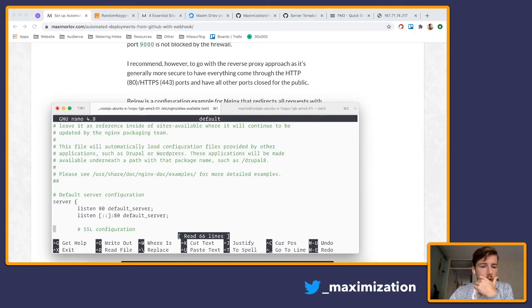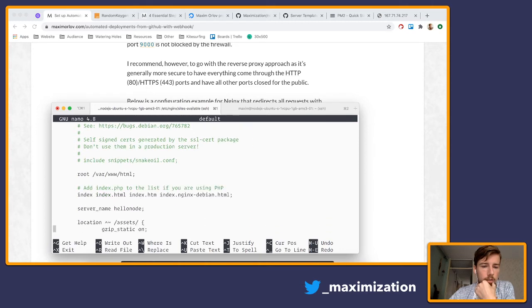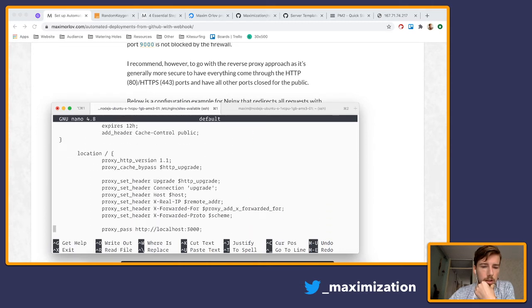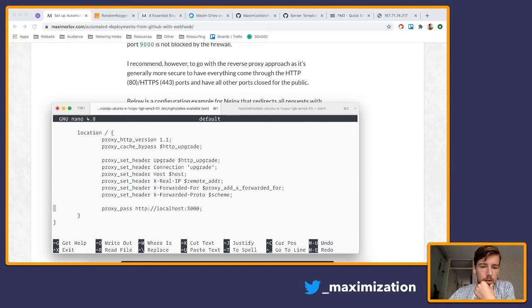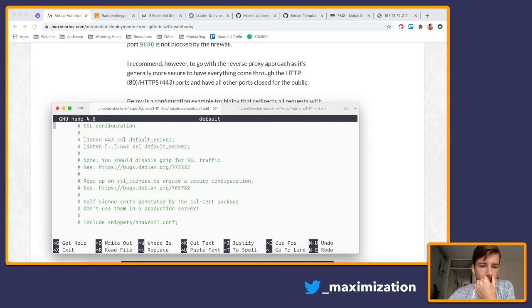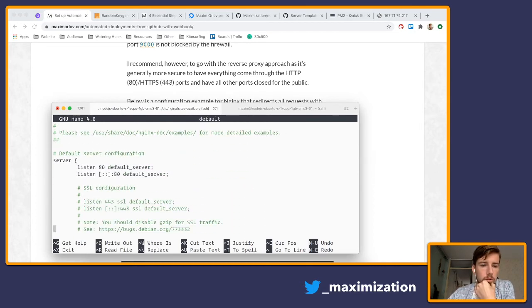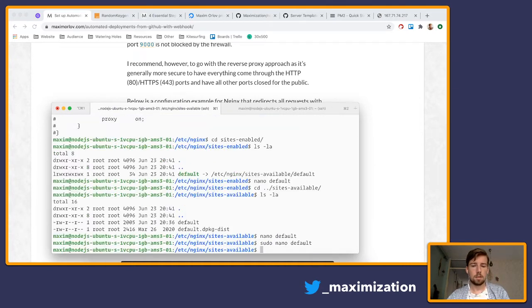Okay. What do we have in here? So it's listening on the default port, and this is the hello, our Node.js demo app. Let's create a new file in the sites-available folder called webhook.conf,